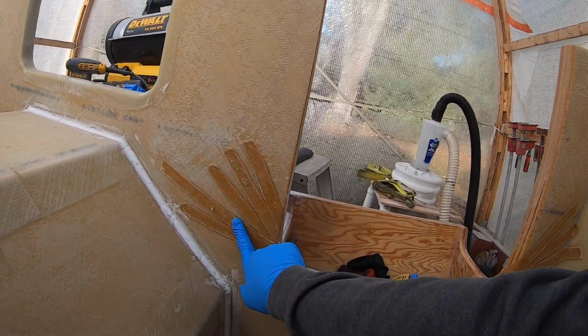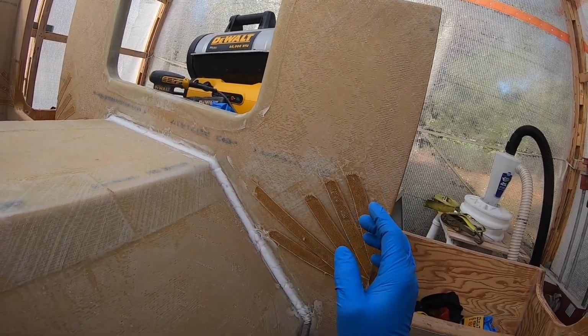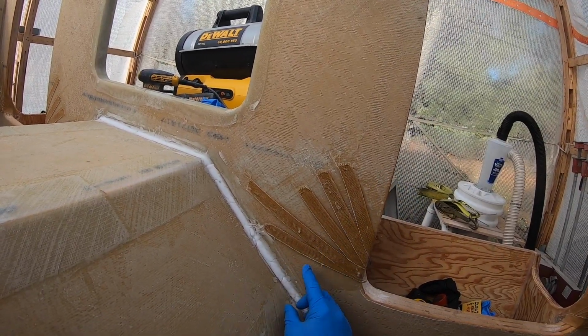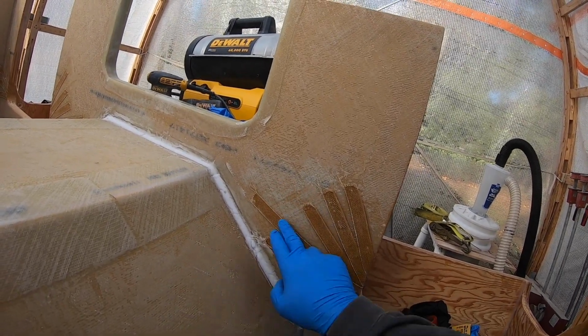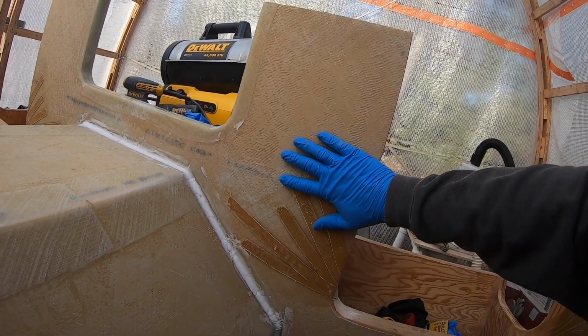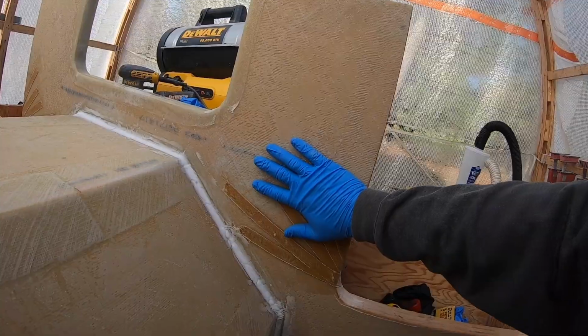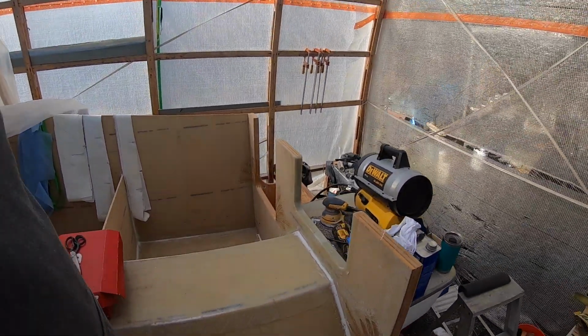The Kevlar strips here, I did sand these down. I'm just gonna overlap all of this. Again, I'm using 4, 6, and 8 inch wide strips, so it'll be 2, 3, and 4 inches up here. So these will just get overlapped, and then eventually I actually need to put a piece over the rest of this. Not sure if I'm gonna have time for that today, but I did cut peel ply for this,